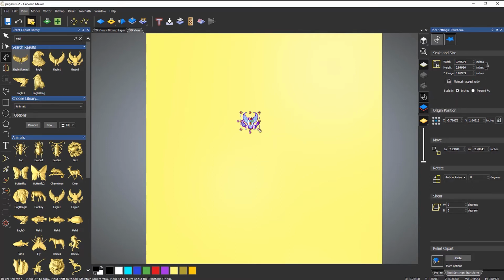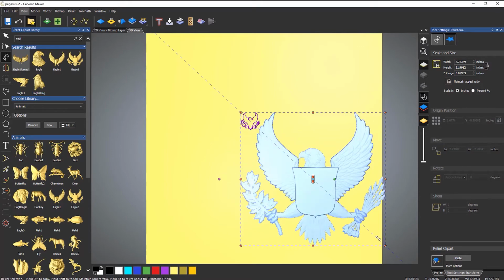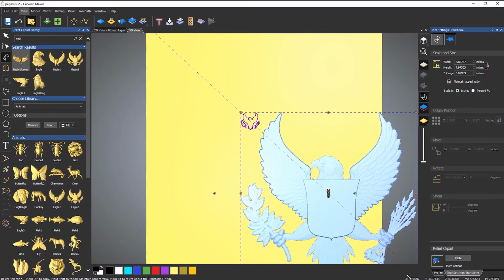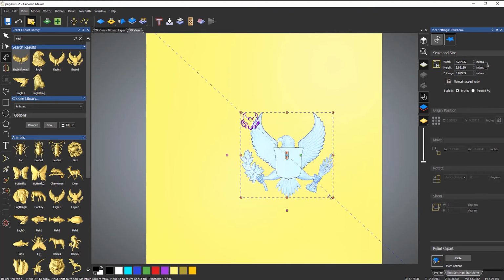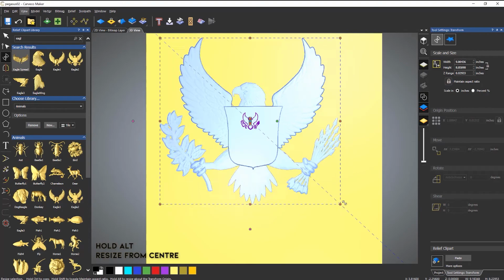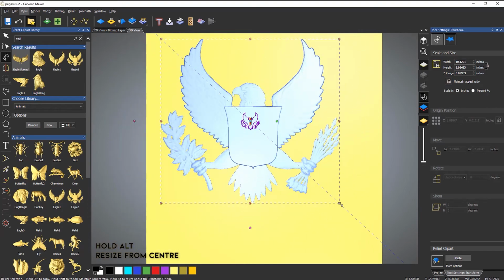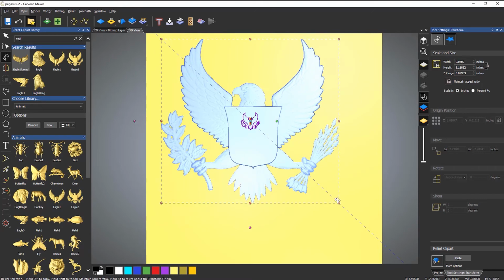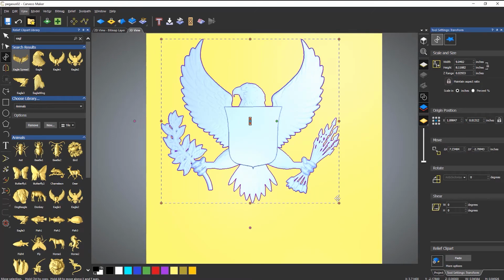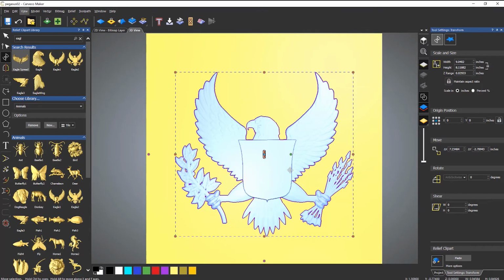I normally keep the 2 because I don't want to change the actual shape of this. So if I grab a corner handle, I can move that out. Now notice how it's coming from that point, that top left point. If I press Alt down on the keyboard, it will come from the center. Okay. And then exactly the same as vectors, I can press F9 and that will put that in the center